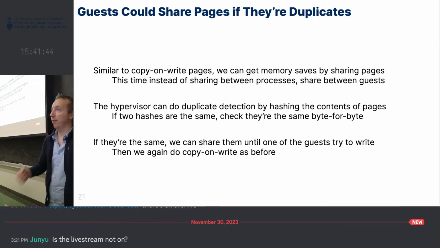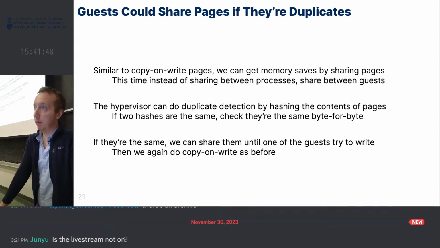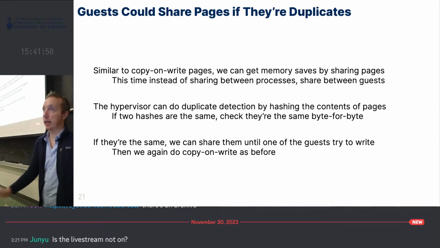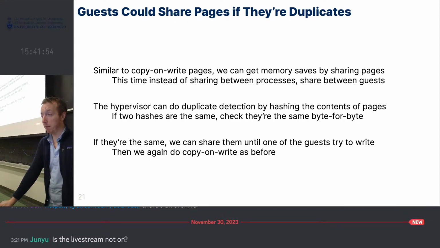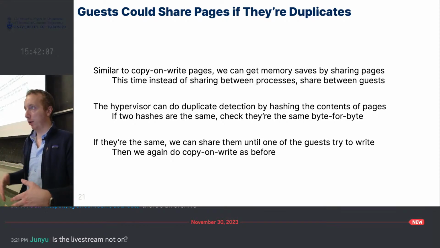If 2 pages have the same hash, it means their contents could be the same or they could be different, but they don't have to be. So if the 2 hashes are the same, then it will do the expensive check, see if they're the same byte for byte. If they're the same byte for byte, then it will start sharing that between the 2